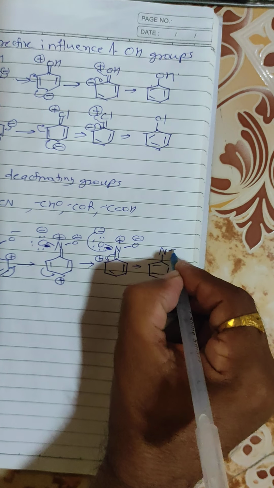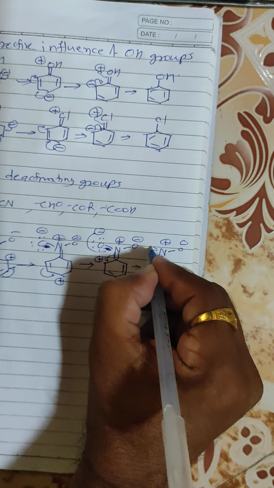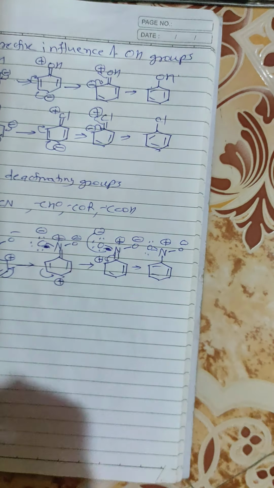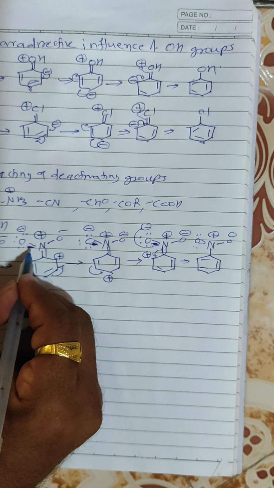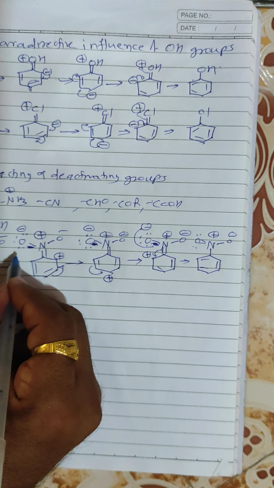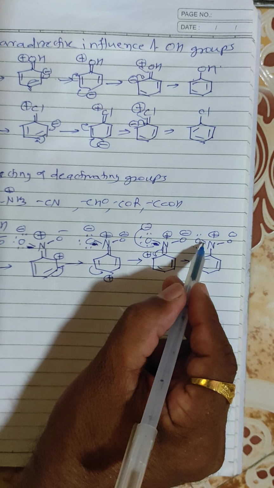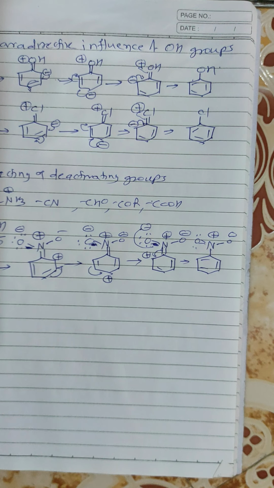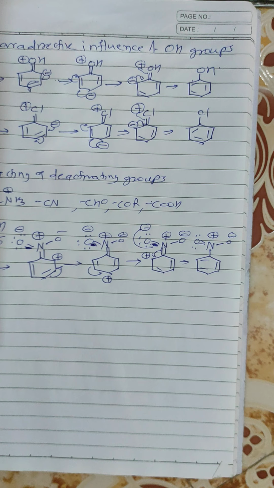N, O minus, here plus, double bond O having two lone pairs of electron. This one bond is shifted here, that's why a lone pair of electron is formed here. So here single bond, here double bond. Now the ortho and para positions have comparatively less electron density than the meta position. Hence this incoming group, the electrophile, attacks the meta position.